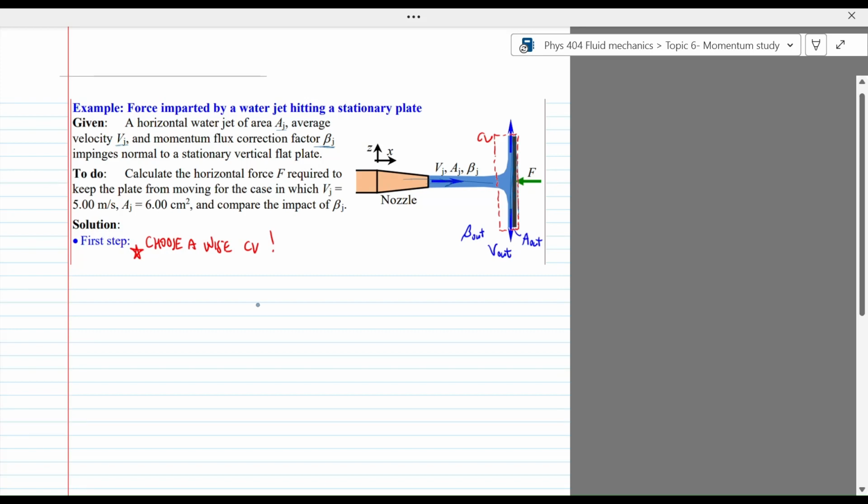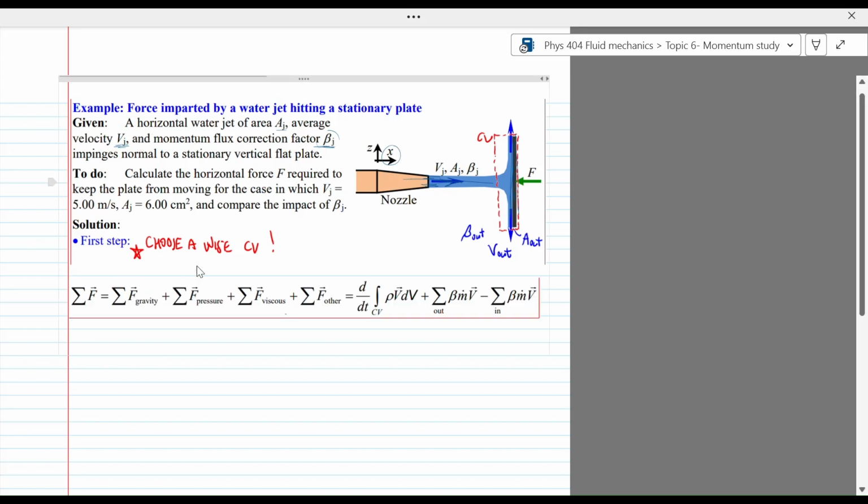From the given, I remind you, we have the average velocity Vj. This is the velocity that is coming out of the nozzle, and you can see that the direction is drawn to be horizontal along the x direction. The momentum flux correction factor beta j, we need this when we are going to plug in our conservation law for linear momentum. For well-defined inlets and outlets, I remind you that we have this term in which we just use the average velocity